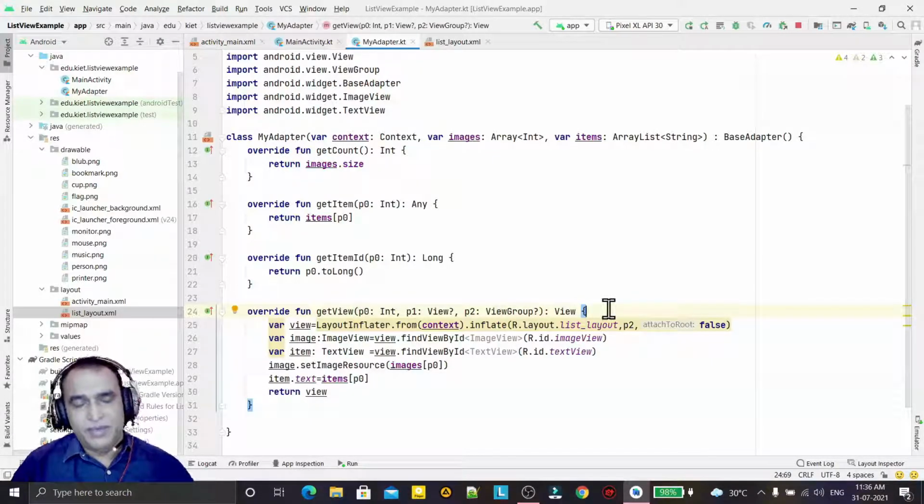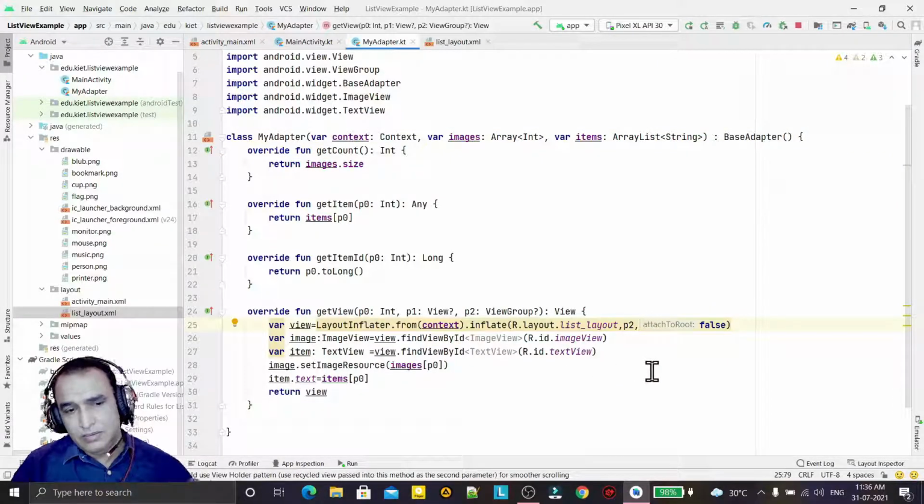We have a separate class of view holder, but in base adapter we do not have a separate class of view holder. So if I create those classes manually and behave like a view holder using that class, then this warning will go and my code will be optimized according to the new API.